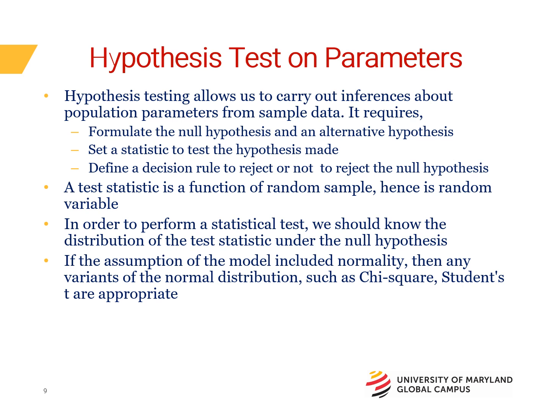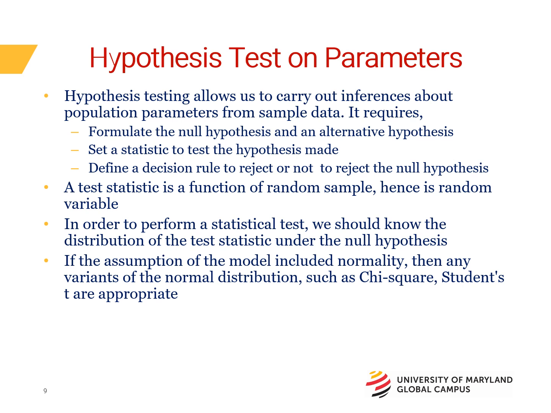And you define a decision rule to reject or not reject the null hypothesis. A test statistic is basically a function of a random sample. So you can treat it as a random variable and discuss its distribution and its characteristics, which allow you to work with the null and alternative